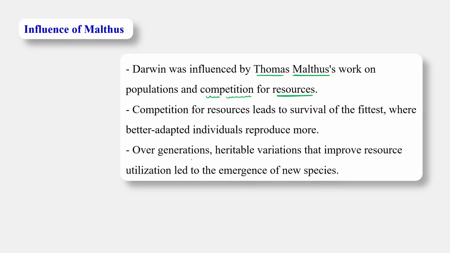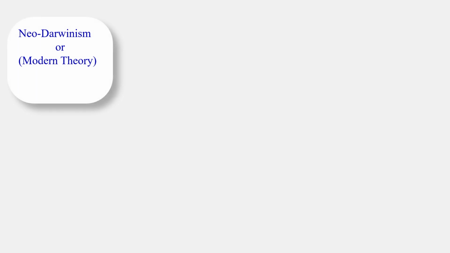So over generations, heritable variation that improves resource utilization leads to the emergence of new species. This was the conclusion of Thomas Malthus. So Darwin was also influenced by Thomas Malthus' work. Okay. Now,